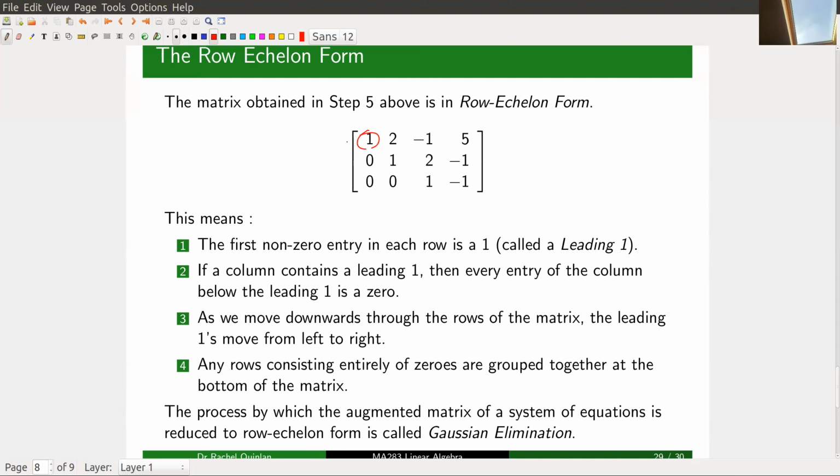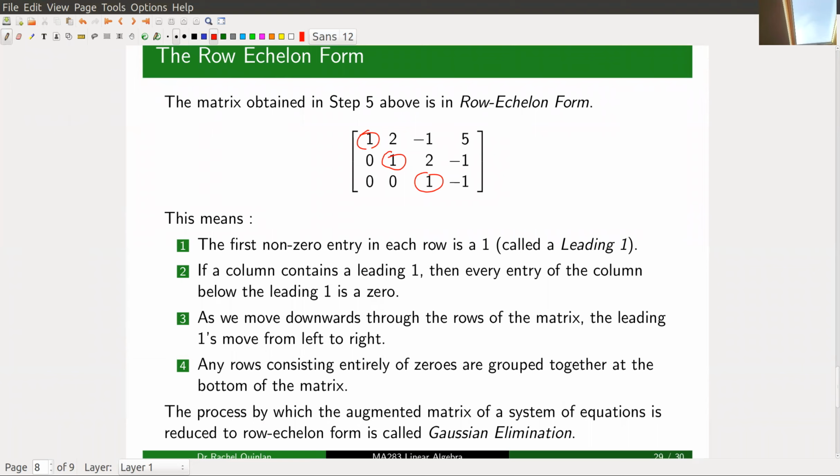There it is. In row 2, the first entry is a 0, but the first non-zero entry is a 1. And in row 3, the first 2 entries are zeros, but the first non-zero entry is a 1. Fine. Okay, great. So second remark, or second property of a row echelon form is that if you have a